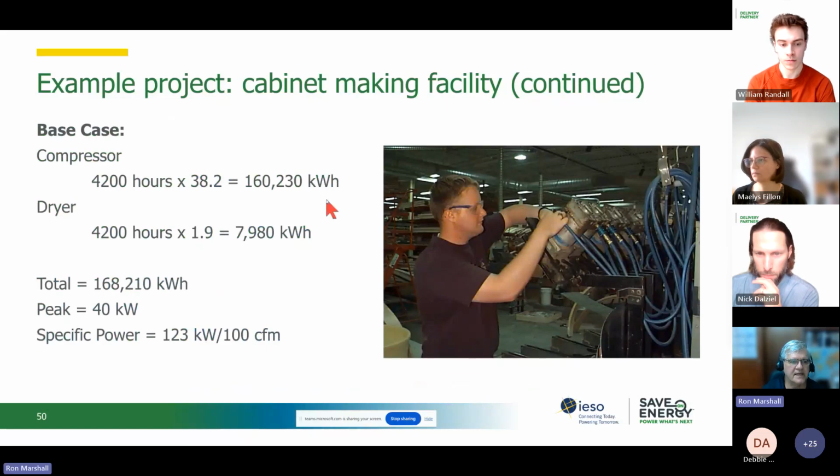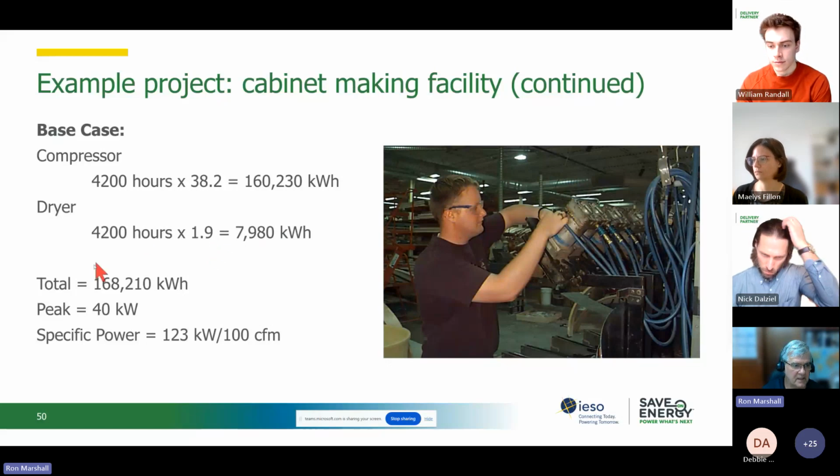So we can calculate a base case for the 4,200 hours it's running per year times the average kilowatts that we detected: 160,000 kilowatt hours. If we include the non-cycling air dryer, consuming 1.9 kilowatts, it adds to the baseline. It's important to include the dryer, especially if you're going to do something about the dryer. It's extra savings that are captured when we're doing the baseline. Total